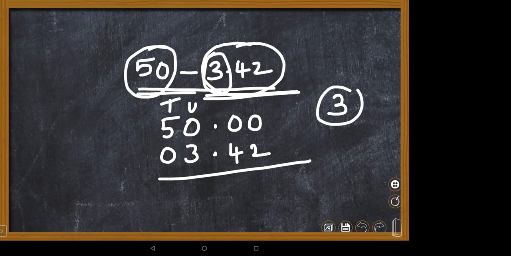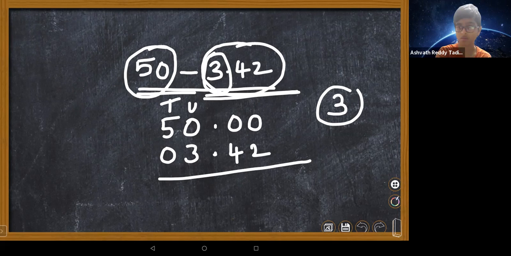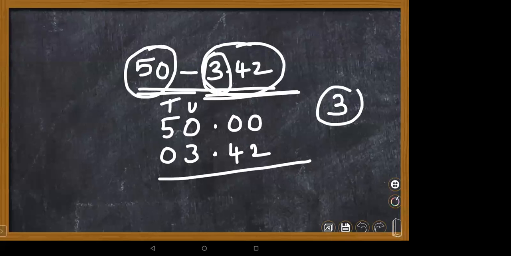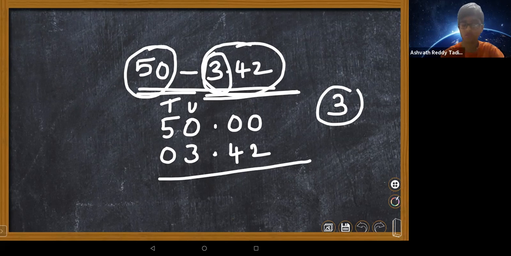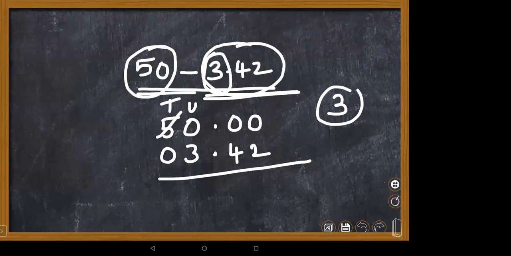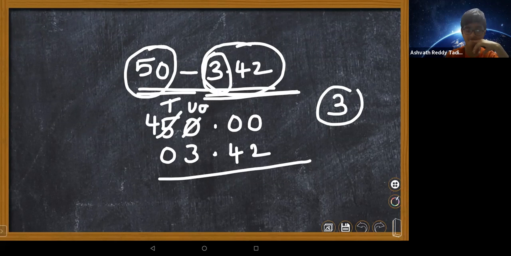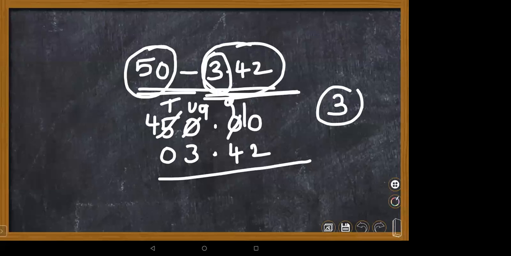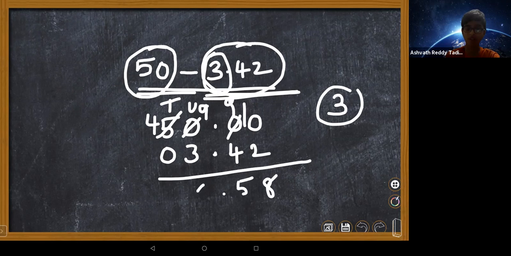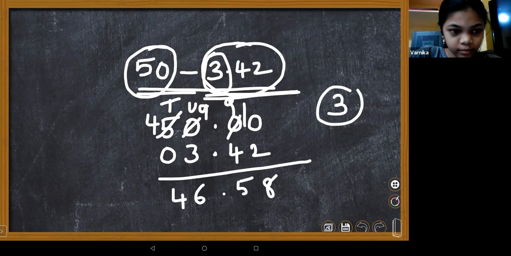Please subtract and give the answer. Where we are using that decimal concept, I'm just giving to you, children. Can we subtract 2 from 0? Yes or no? No, ma'am. What should I do? You need to borrow, ma'am. Borrow from 5. 9, this is 10. So 10 minus 2, 8. 9 minus 4, how much, children? It's 5. Then 9 minus 6, 3. So what is the answer, children?